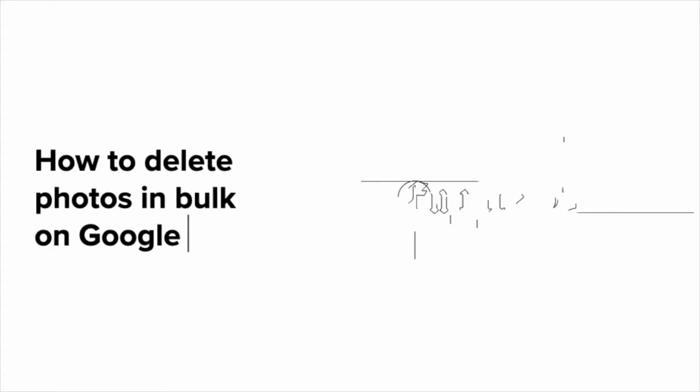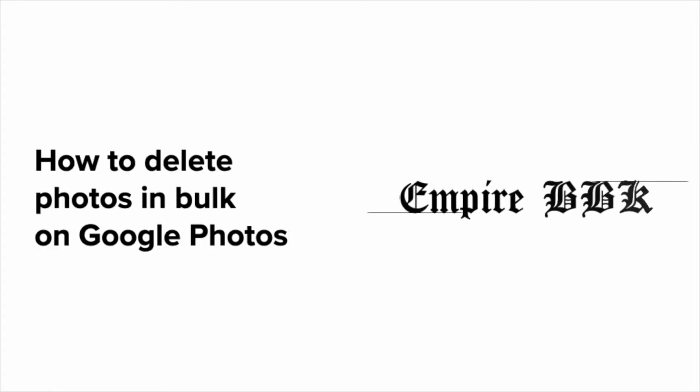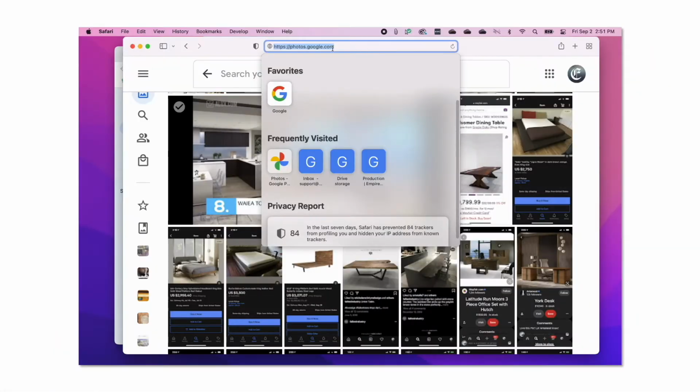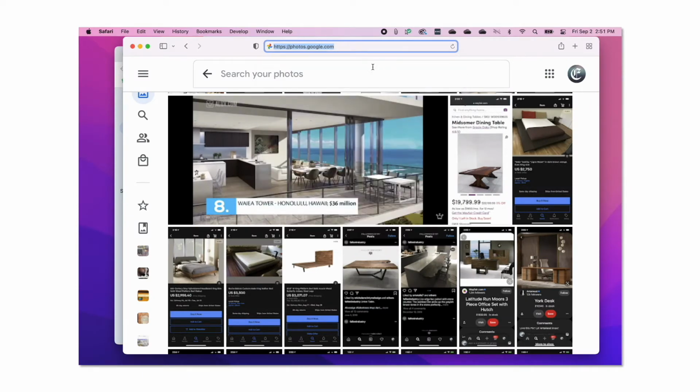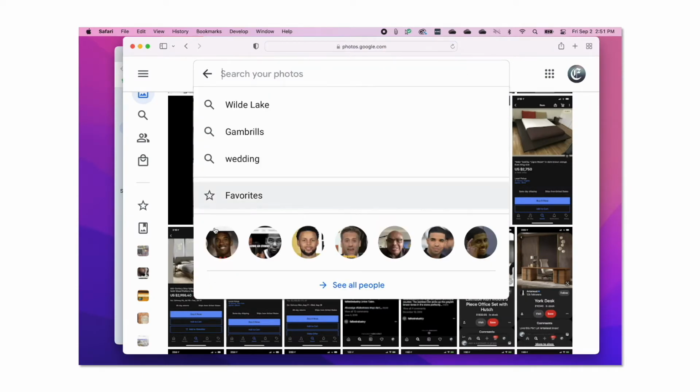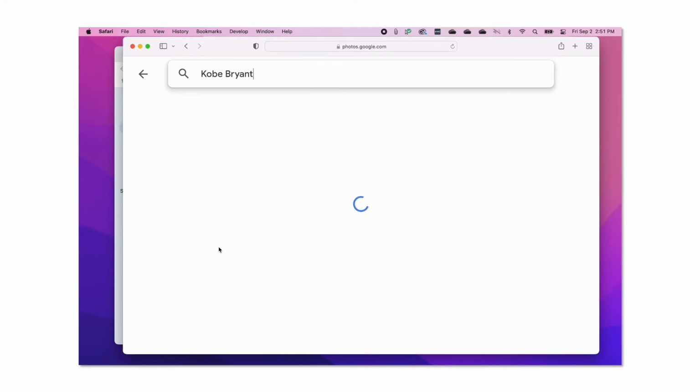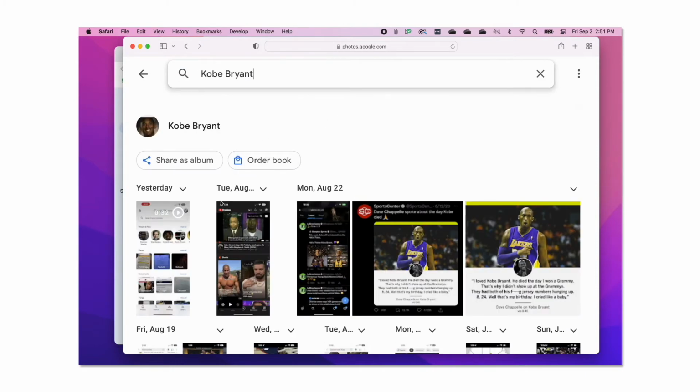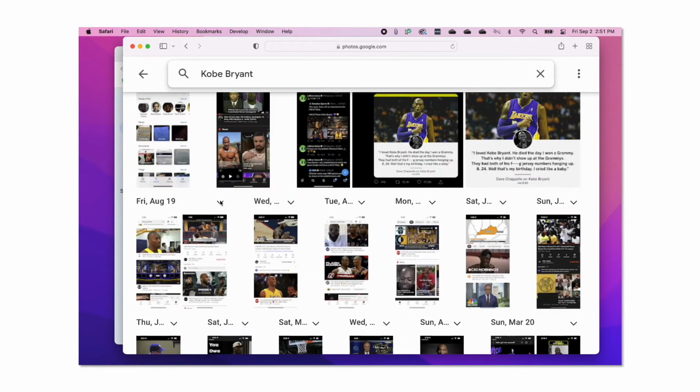In this video, I'll show you how to delete photos in bulk on Google Photos from your desktop and the Google Photos app. From your desktop, go to photos.google.com, click on the search bar, select a person, and then click the first image you want to delete and